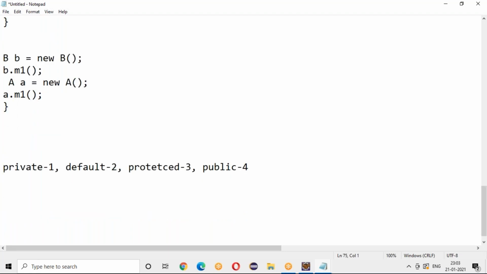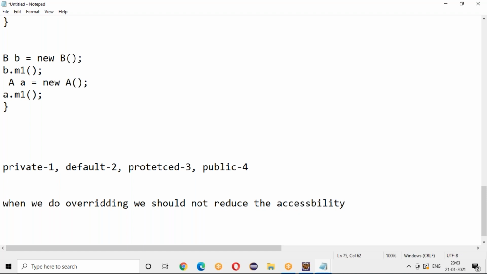So what I'm telling is, when we do overriding, that we do in the child and parent, right? When we do overriding, we should not reduce the accessibility, but we can increase the accessibility.